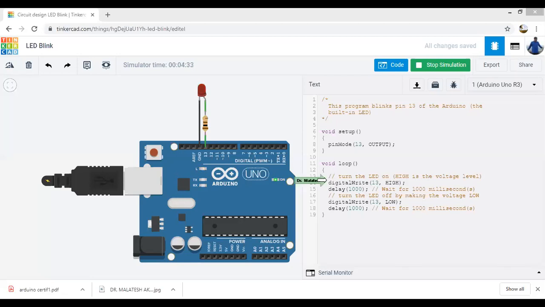Can you copy this code to paste in Tinkercad, the software you showed? Yes, sir, we can, not a problem. We can copy it even to a Word file, not a problem. From there to here or here to there, we can do it. It's possible.